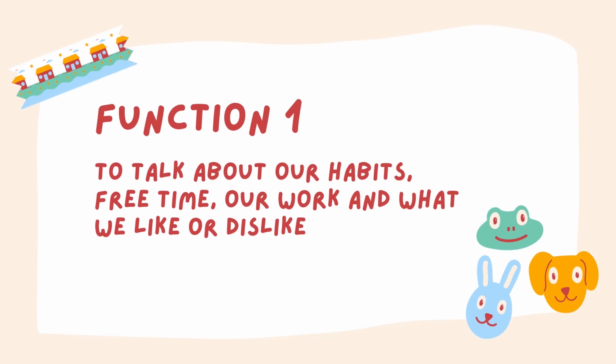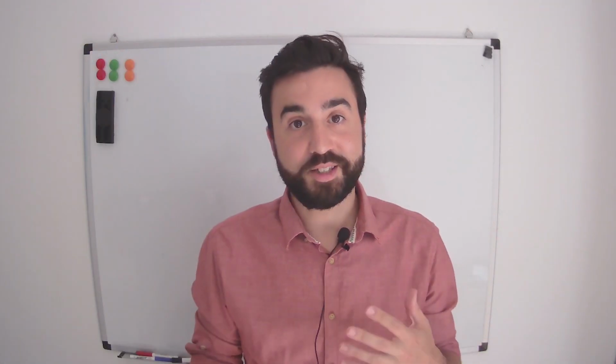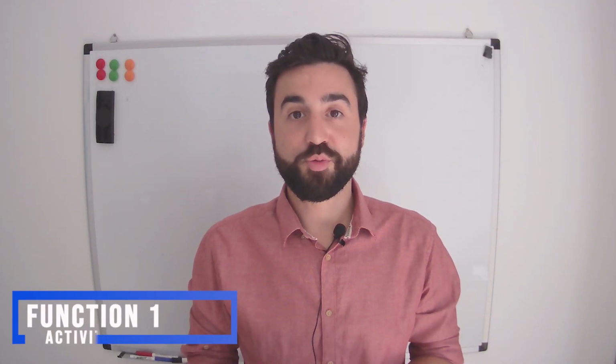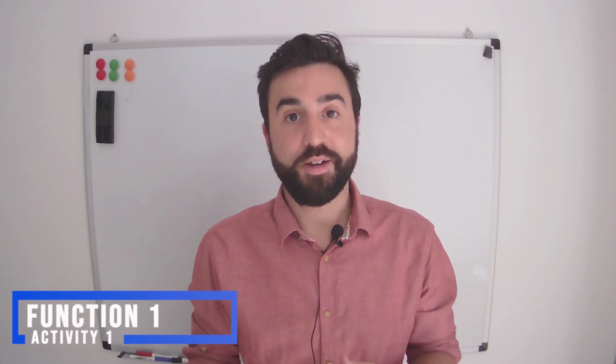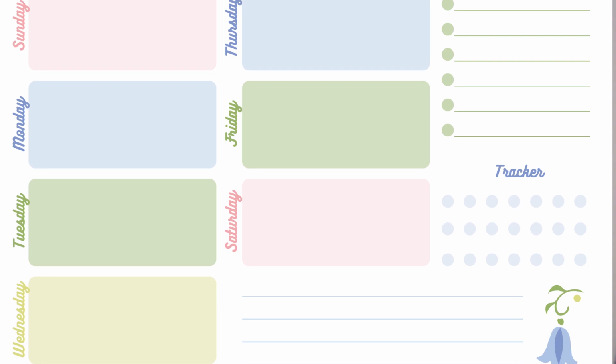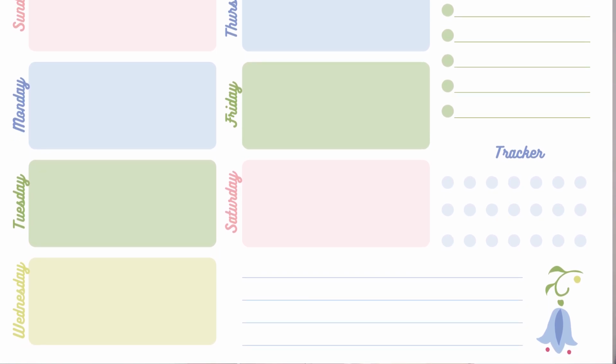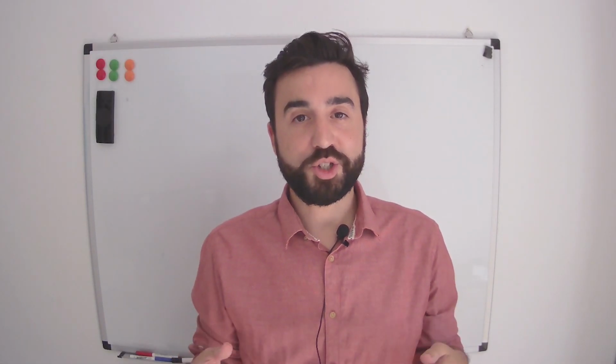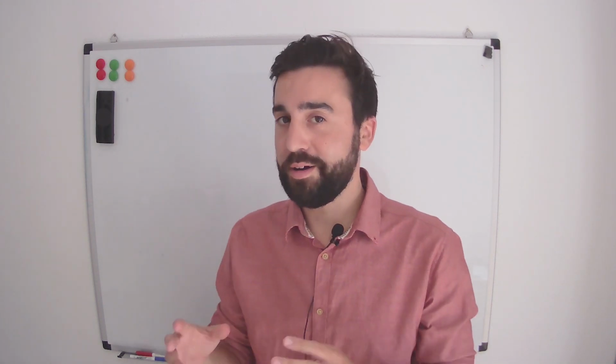One of my favorite activities to get students practicing this function is to get them to write their week agenda. So the things they do usually every week. So I usually give them a worksheet with Monday to Friday or Monday to Sunday and get them to write in the spaces what they do on each of these days. I usually don't ask them to include school, so think about after school.